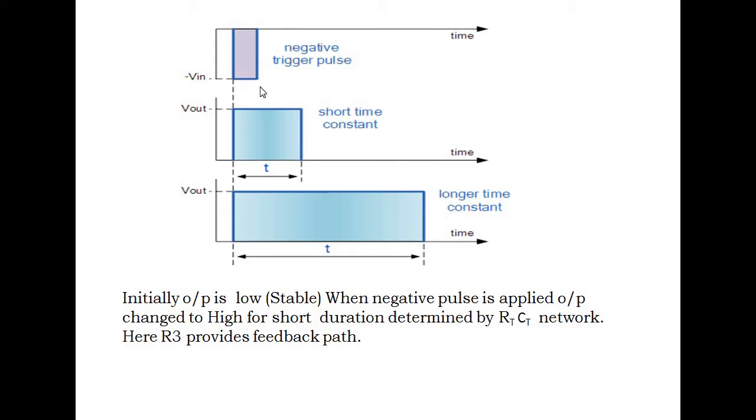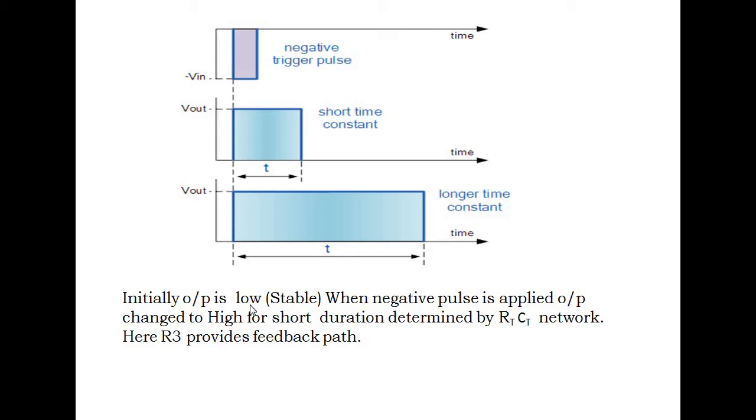Now moving on, this is the output graph of this monostable multivibrator. When and only when a negative triggering pulse is given, then only there would be a change at the output, right? Before the triggering, the output is 0. When negative pulse triggering is applied, the output is high. We can change the width of the high duration by changing the R and C, right? That's what I have written here.